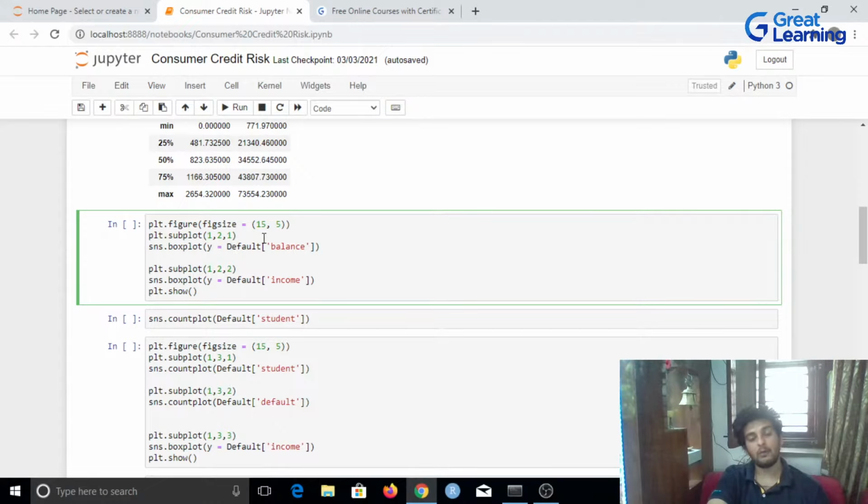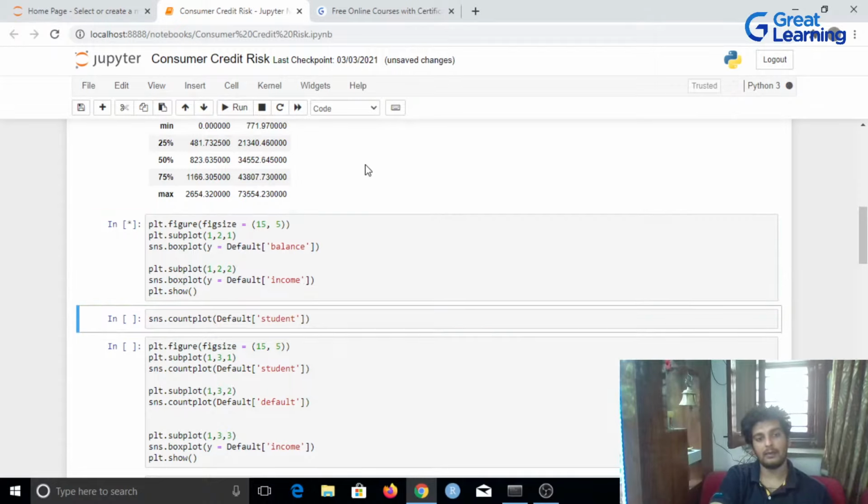The 1, 2 would basically mean that we are making a subplot where we have one row and two columns, and 1 and 2 here indicates that this is the first subplot, this is the second subplot, and here I am making the box plot for the balance column in our default data frame. Similarly over here I've got box plot and I have the income column over here.